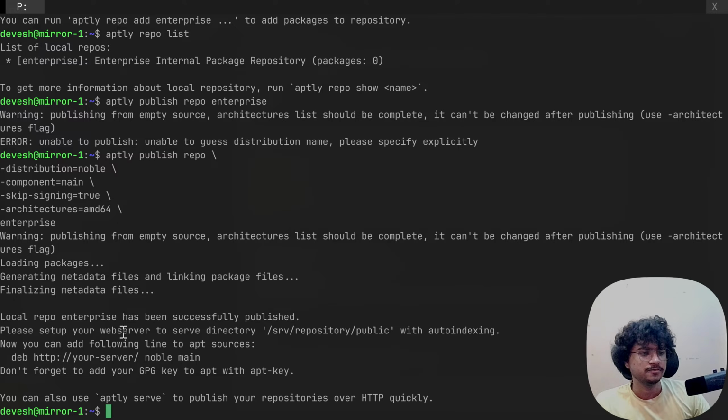They set up a web server to serve the directory public with auto indexing. Now you can add the following line to apt sources: http://your-server. Don't forget to add your GPG key to APT with apt-key.